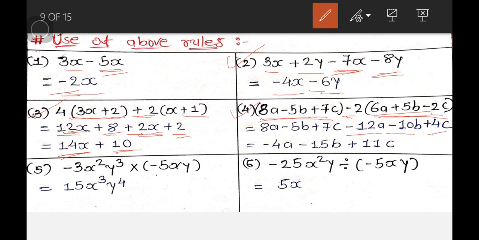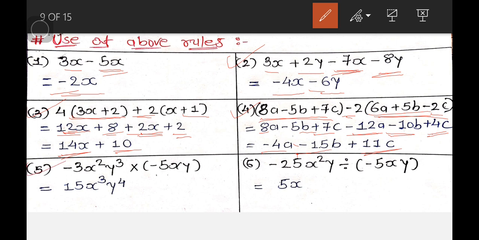Now we do as we learned: 8a minus 12a gives 4a, and 12a is the larger term, then we put a minus sign. Now minus 5b and minus 10b, then we do addition, and we get minus 15b. 7c plus 4c, then we do addition, 7 plus 4 equal to 11c. This is the answer. Now in multiplication and division, the first